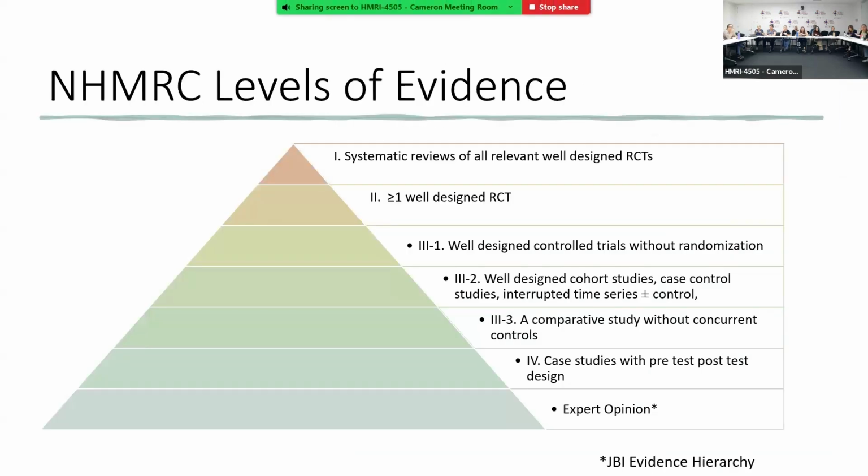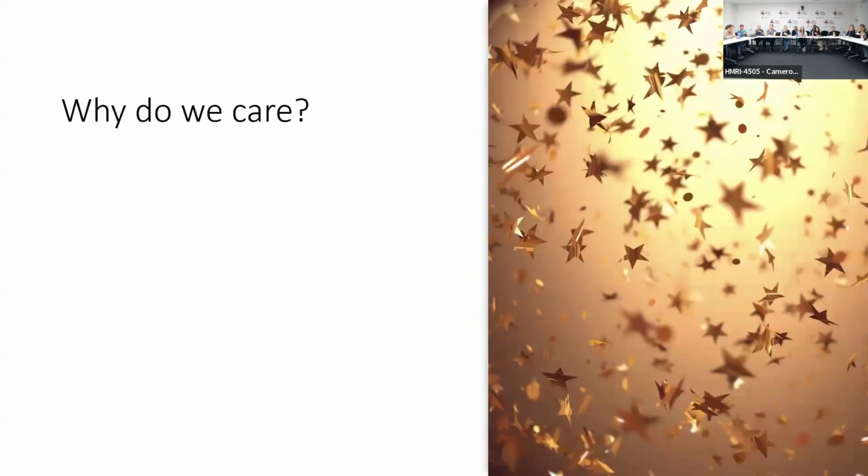Now, why do I care about systematic reviews? It all comes back to NHMRC's level of evidence. So systematic reviews are gold star, top tier, level one evidence. So that's the evidence that you want to use to inform policies, to inform the way you treat patients, the way anything in medical research is done. And you can see, and I won't talk about the other steps here, but these other steps kind of filter down in terms of quality of evidence. Now, quality of evidence isn't always necessarily enough, but I'll come to that. So that's why we love that.